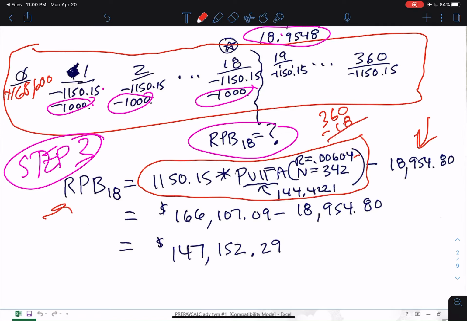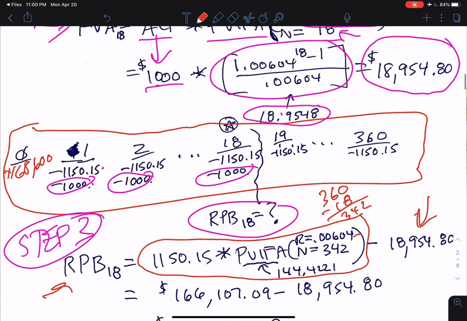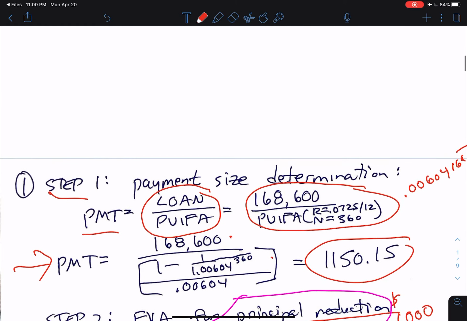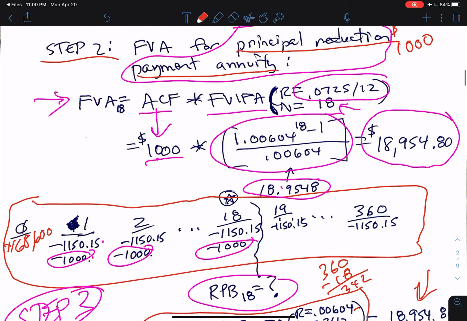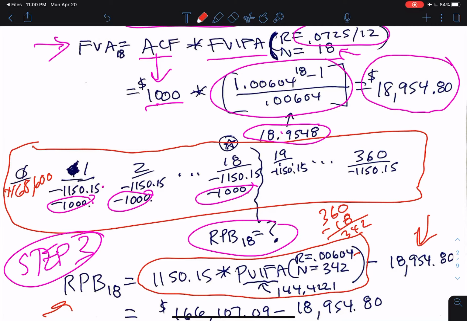That gives us the 342. So what we're basically doing there is summing the value of all these payments here from date 19 to date 360. Right? Now, we're not going to have to make all these, but for now, we're just going to assume we do,